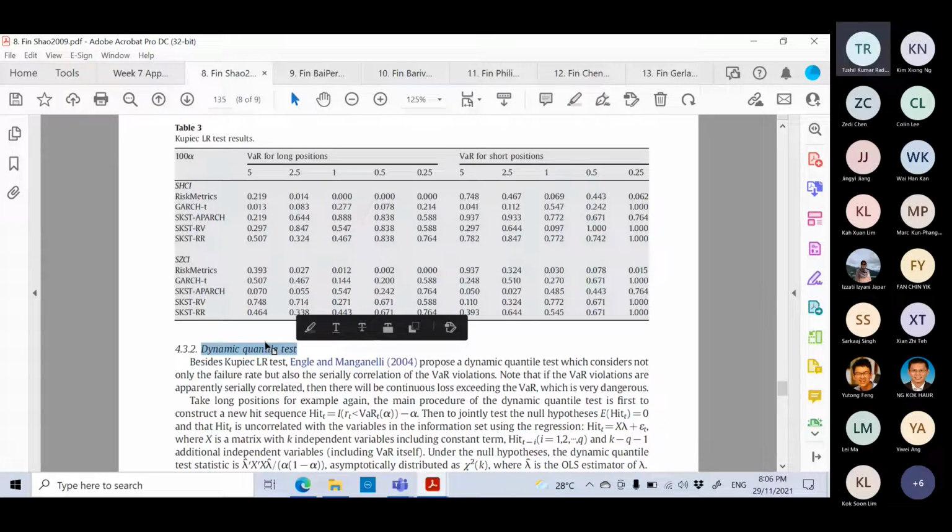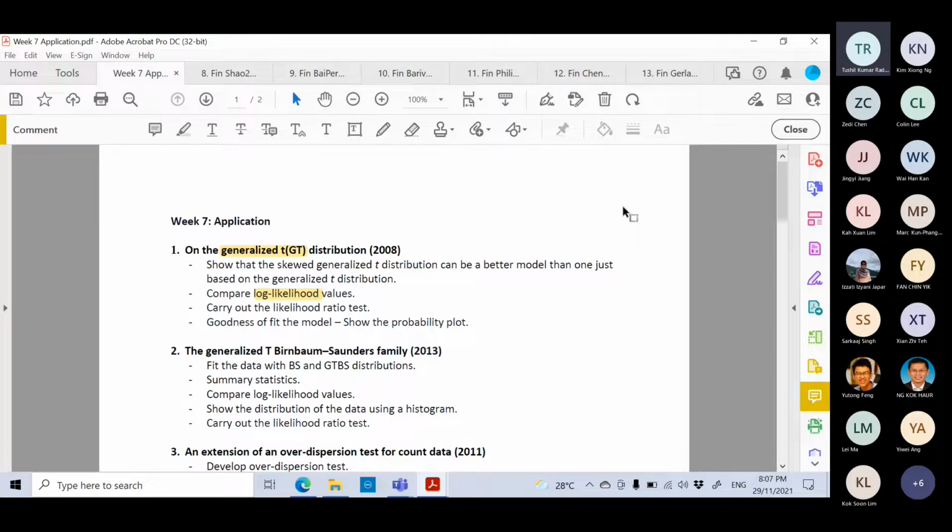Whether the hypothesis test is testing for the mean, or testing for the value at risk, or you want to test for the distribution with a goodness of fit test, then you need to carry out a certain test to support your results. So in this paper number 8 here, you can see that when they apply the application,